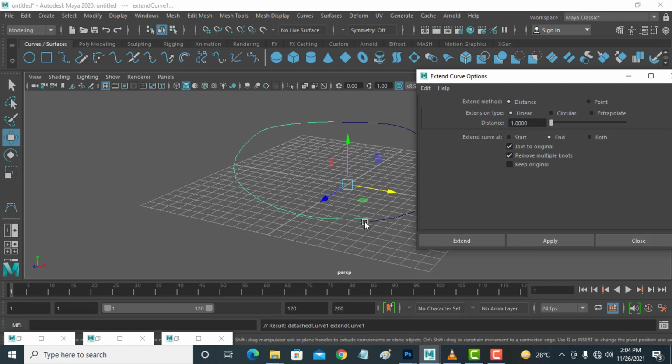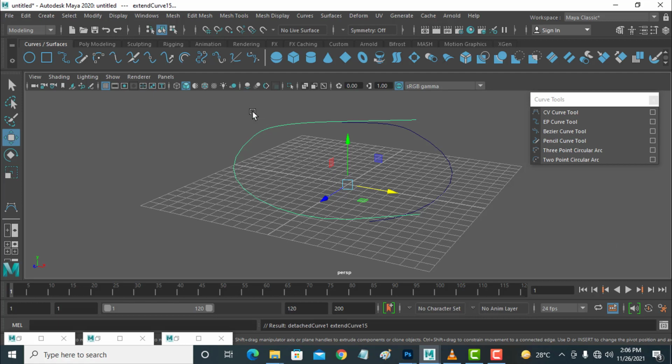See this line, this is extended because end is selected. Again apply. It will be extended. And now start, apply. Start point will be extended.